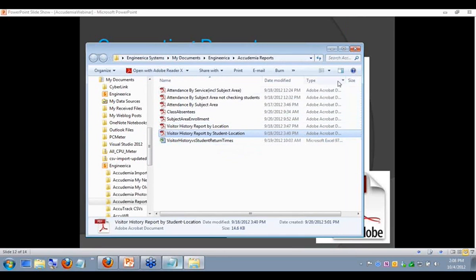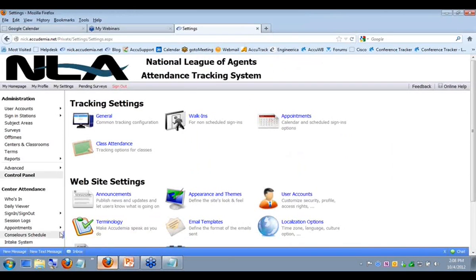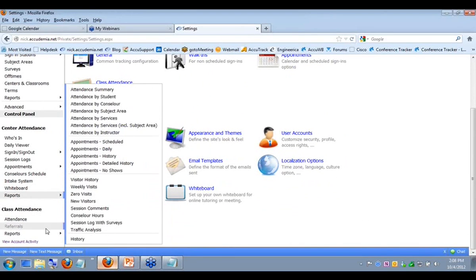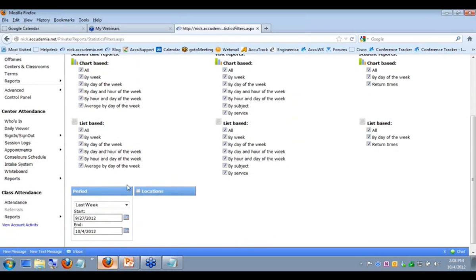Okay, and those are some of the basic reporting. One of the other cool things is you also have something that has a lot of power to it, and it's a traffic analysis under the center attendance here. This will basically help you with determining staffing needs and things like that, because you're going to be able to see